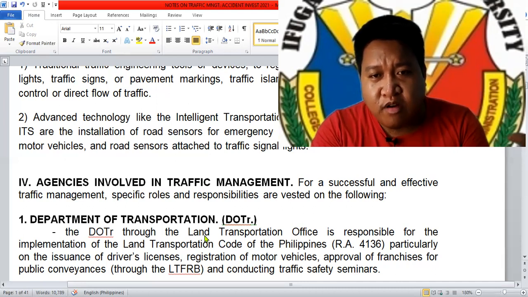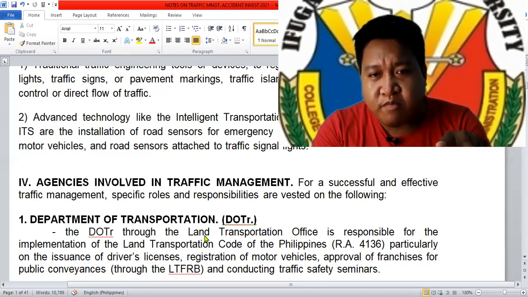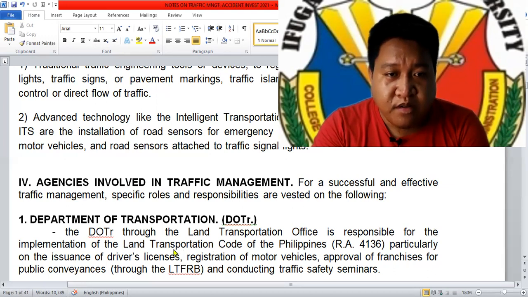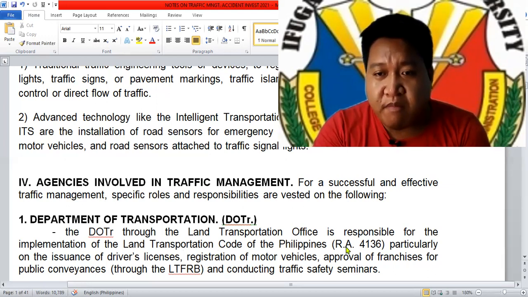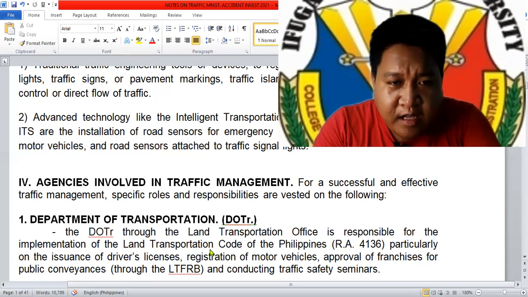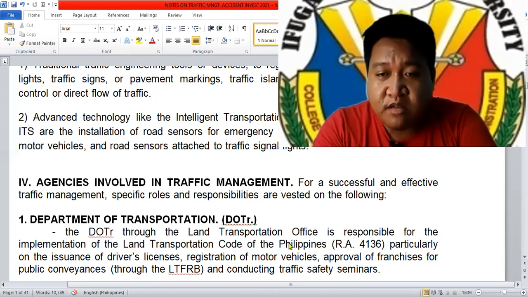So ang dalawa na agency attached under DOTR that is directly managing traffic management is the Land Transportation Office and the LTFRB. So ang LTO, ang main function niya is provided by Republic Act number 4136, the Land Transportation and Traffic Code of the Philippines,